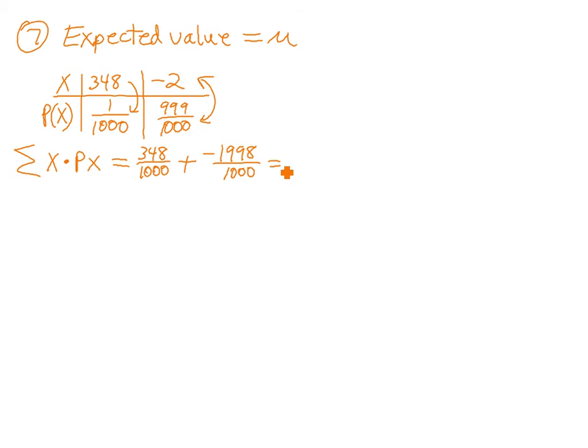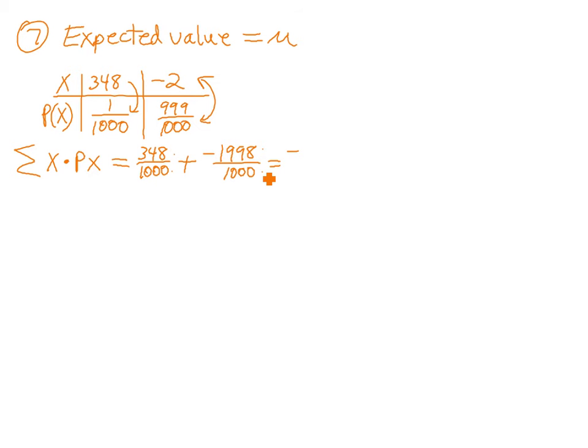We're going to add those up. I would just punch this into the calculator if I was you: divide 348 by 1,000, divide this, and add those two together. But since I've already started working it out this way,